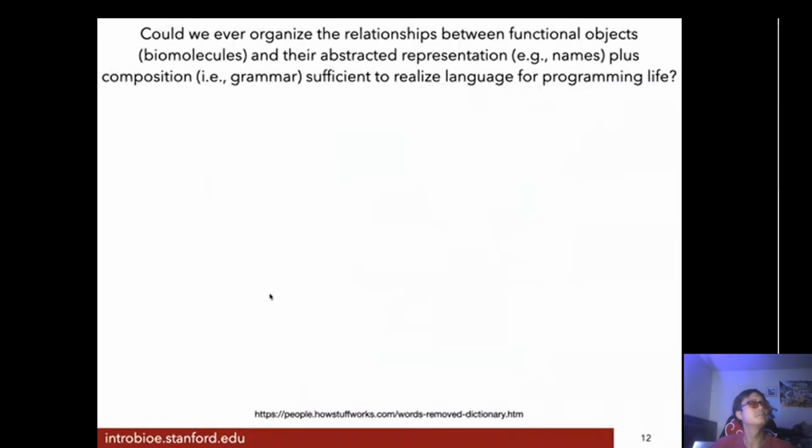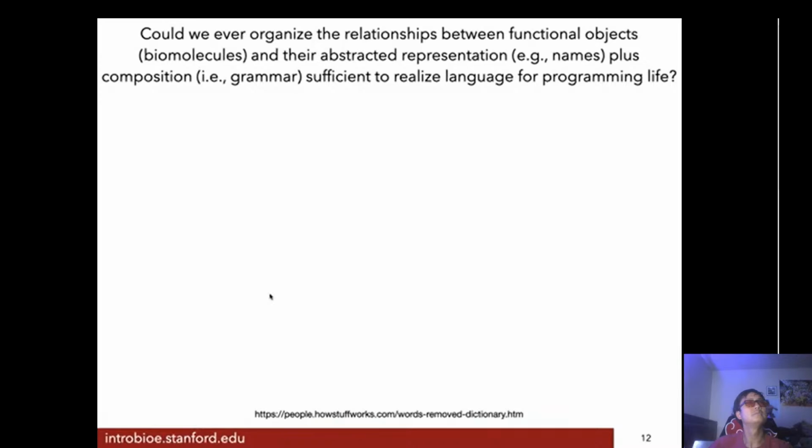So let's zoom out and make sense of this. I could go on forever going through the entire PDB with all the structures and all the functions, but the point here around language is, could we ever organize these relationships between the functional objects themselves, the biomolecules, and their abstracted representation?